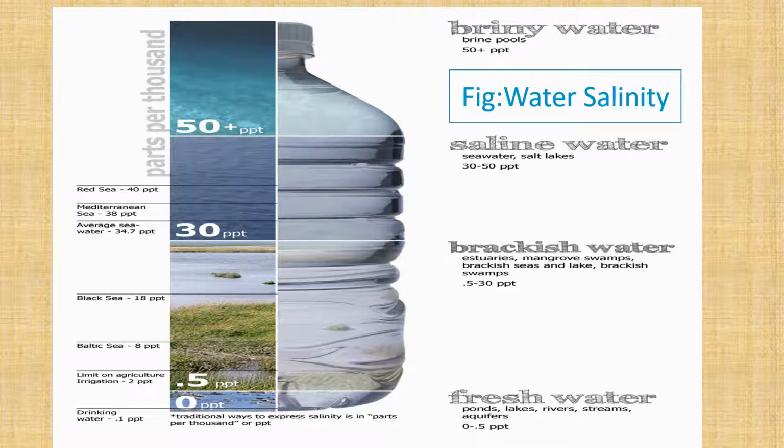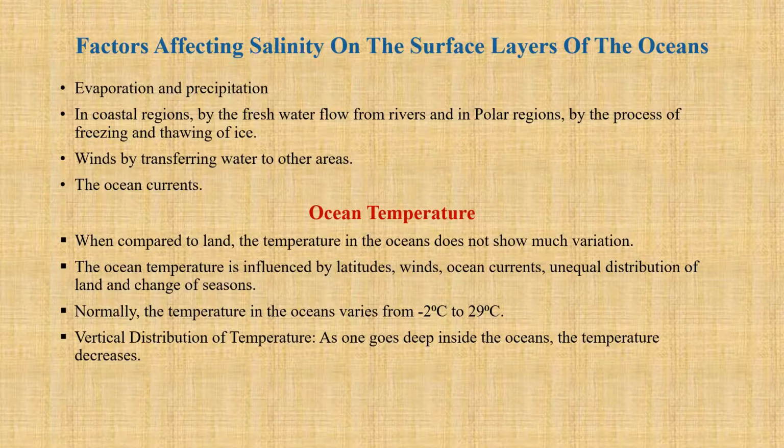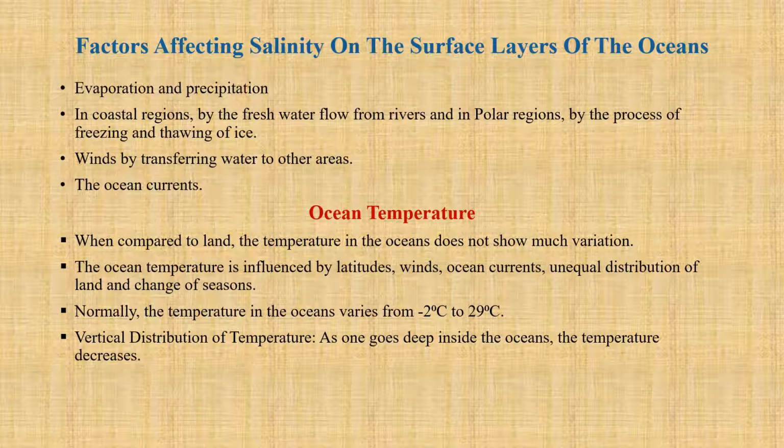So you find here there are some seas mentioned: Red Sea 40 ppt, Mediterranean Sea 38 ppt, average sea water 34.7 ppt, and Black Sea 18 ppt, Baltic, and like that. You may see this. Now we go for